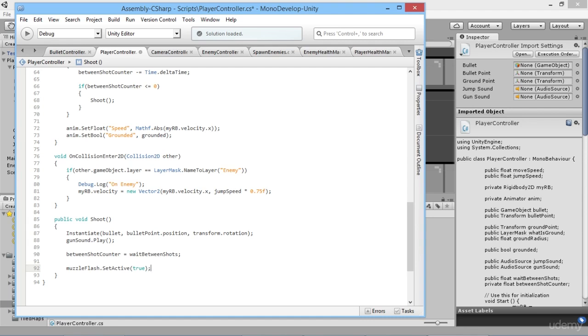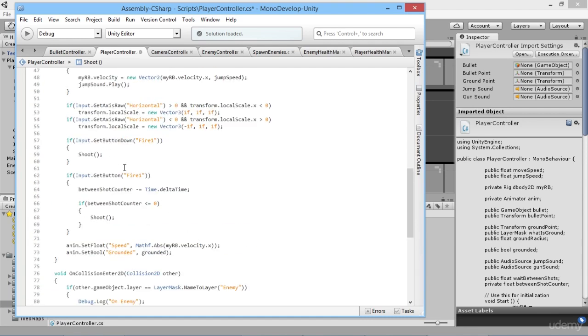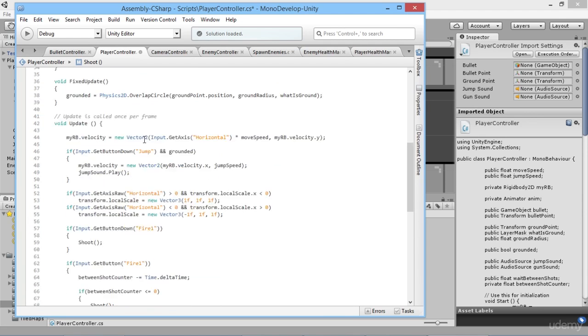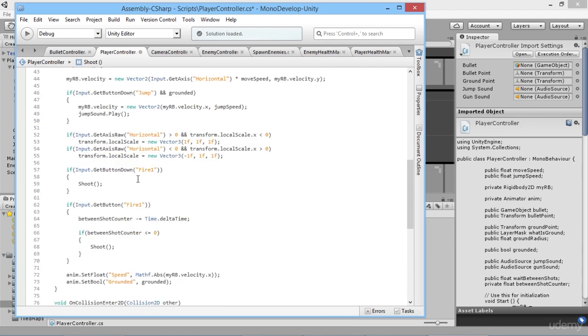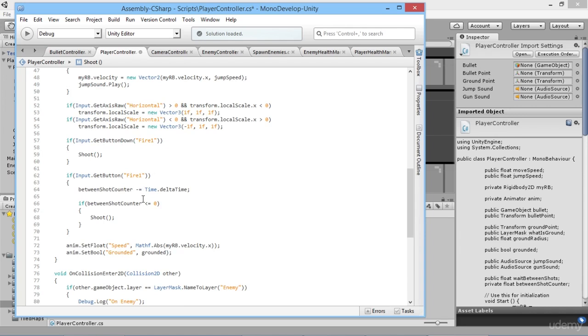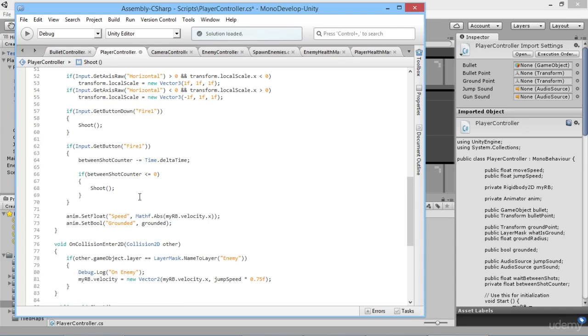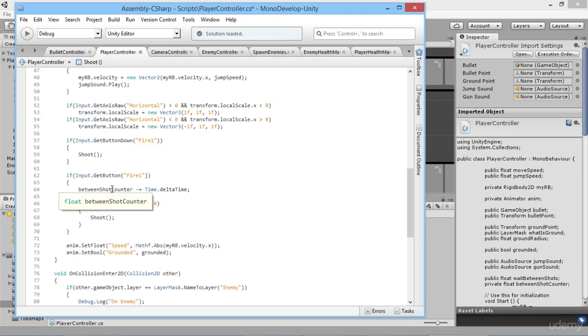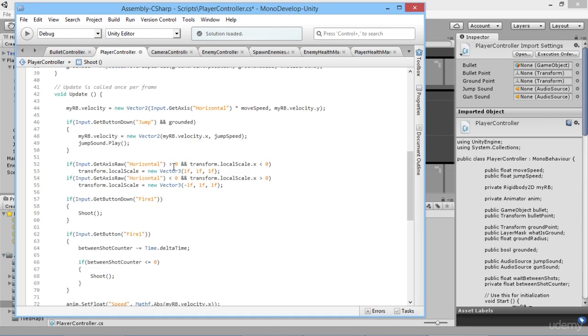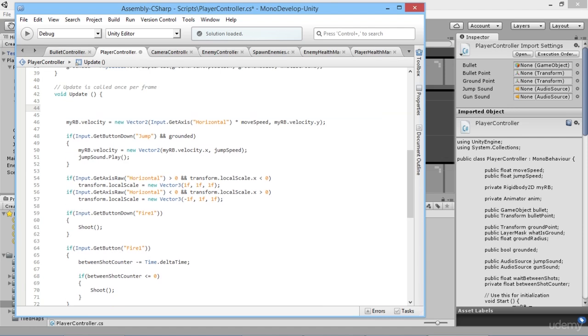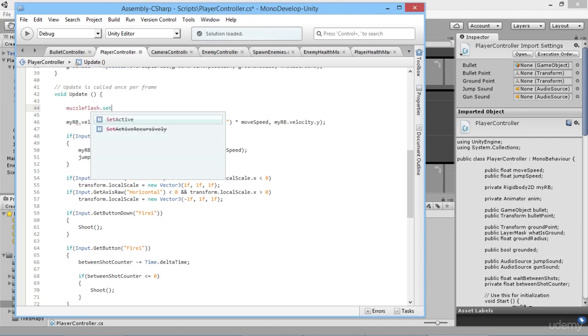And then what we'll do, if we look at the order of when our shooting is taking place within our update loop here, it could possibly be called here when we press the button down, or if we're holding the button down and we're shooting, our shoot function can be called here. So basically it'll play through that update, and on the next update we want it to deactivate the muzzle flash. So if we want that to happen, we need to make sure that it goes before this stuff in the script here. So I'm just going to put it up at the top here. So we'll just say our muzzle flash dot set active